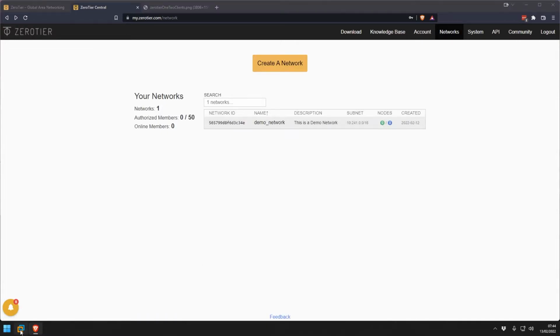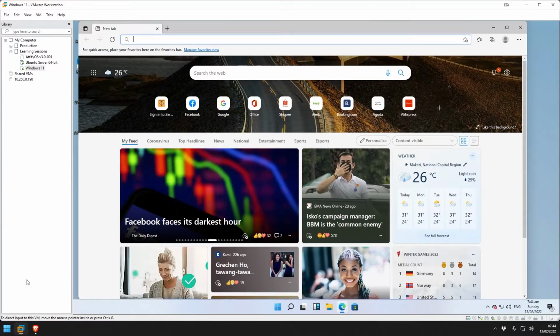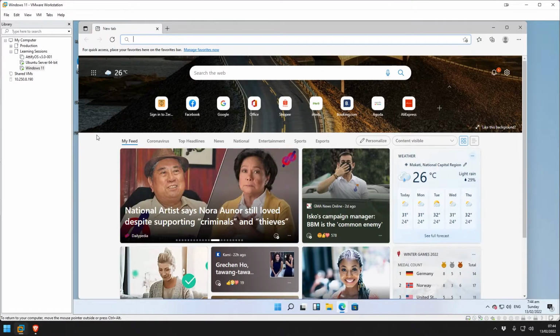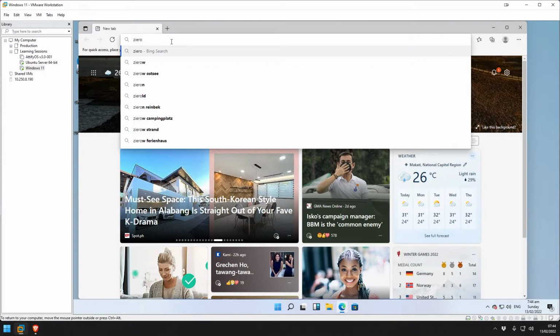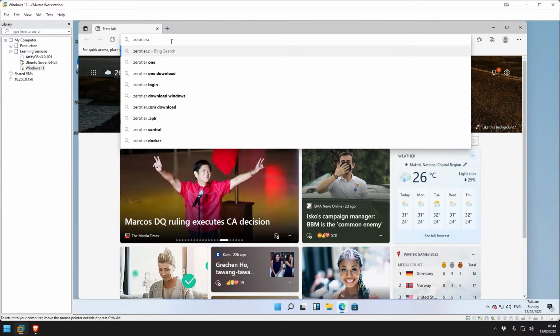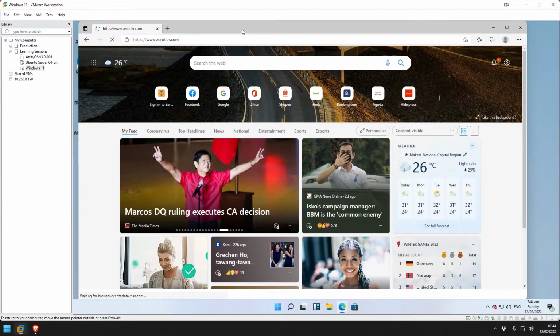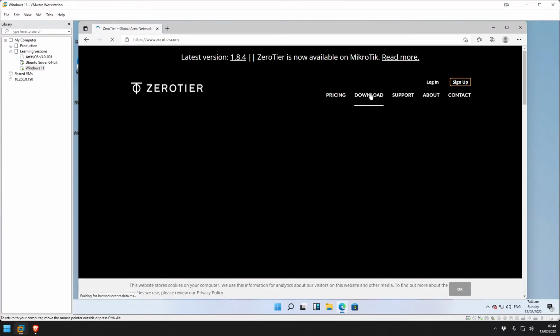So we go to our virtual environments that I have prepared. We have a Windows 11 here, right? So what we're gonna do now is we're gonna download the client. Gonna go to the ZeroTier website. Don't be shocked, this might be slow on the VM. Yeah, so 1.8.4, like I said, is the current latest one. We go to the download section,